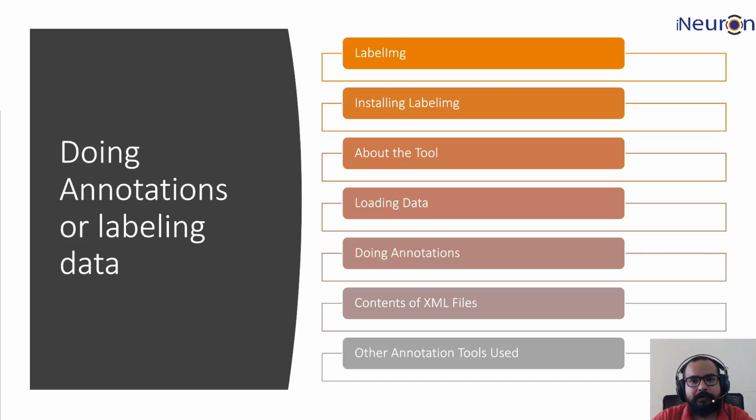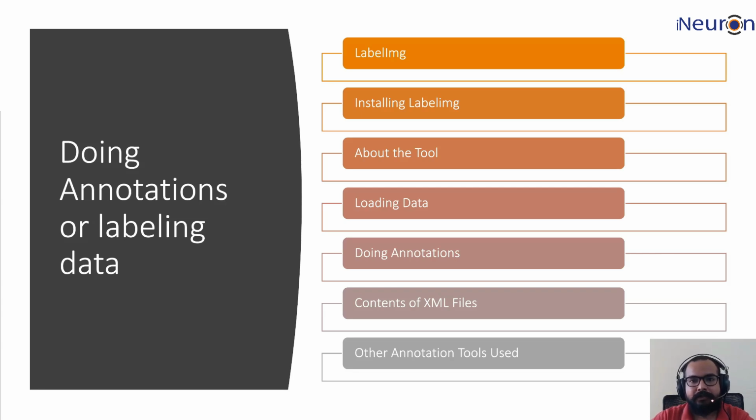So here we'll be talking about how to do annotations or labeling of our own custom data. The tool that we'll be using here is called LabelImg. We'll be talking about how to do the installation. Then we'll be going through the tool, what are the options available. Then we will go through how to load data, then how to do the annotations, then what is the output